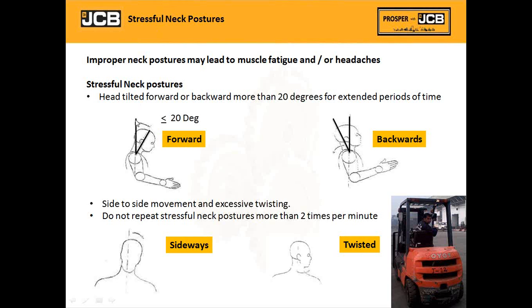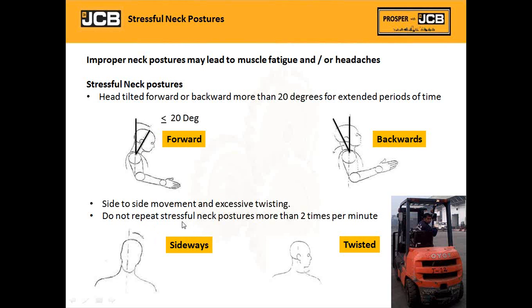So this is the straight posture, and as the neck bends either forward or backward, if this bending is more than 20 degrees, that means our body is exposed to stress. So this is the stressful neck posture, in which the head is bent 20 degrees either forward or backward, or it is twisted. When we twist the neck, as in this case when the person is reversing the forklift,